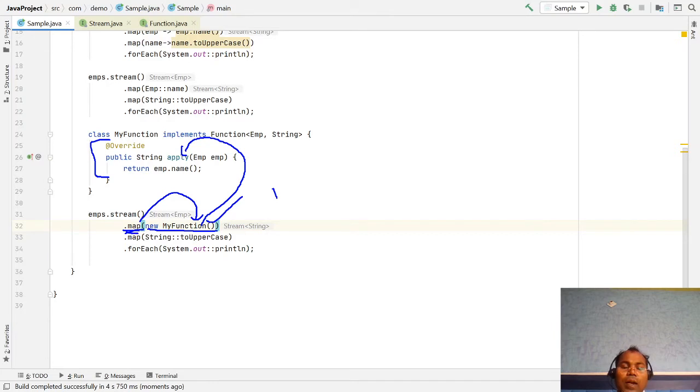The map function automatically invokes it. If you pass the object of a functional interface, it internally invokes your apply method and passes your Employee object from the list of employees. You are returning the name, and the return value is passed along.